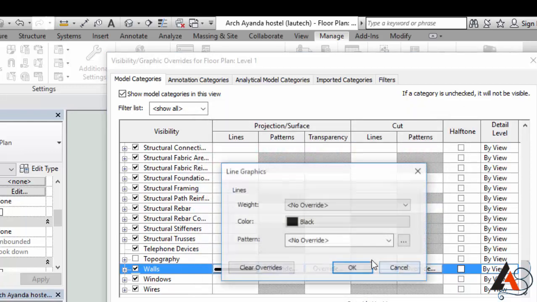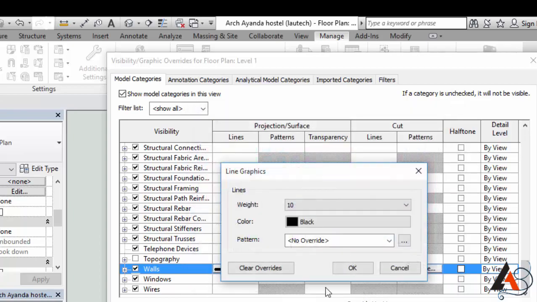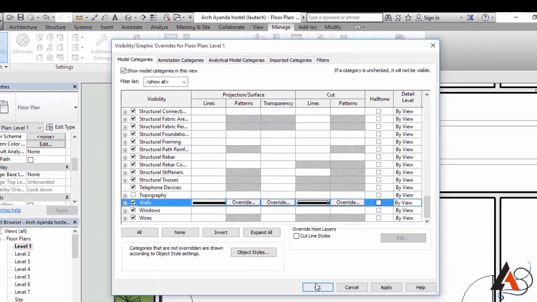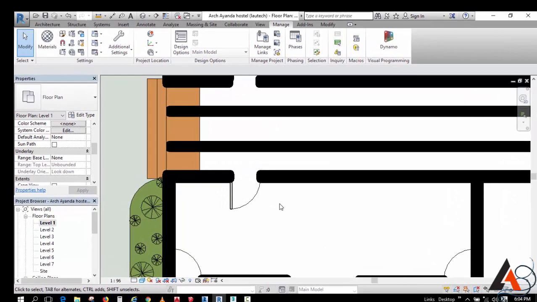Click 10, black. Okay. You click OK, then OK. Can you see? But this 10 is too much, it makes everything bold. So we are going to change it to maybe like